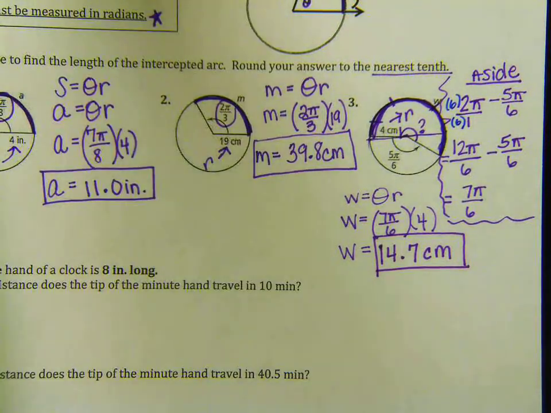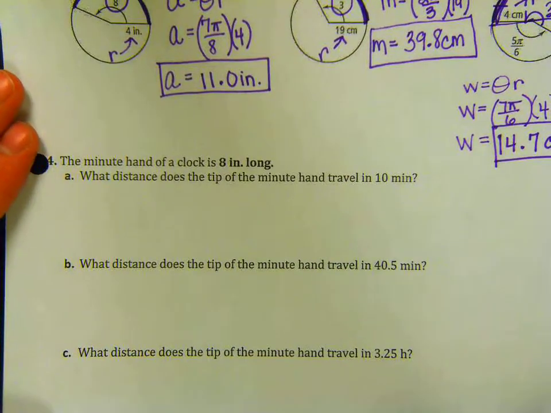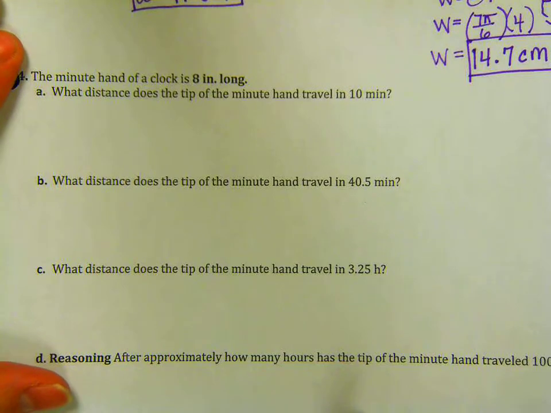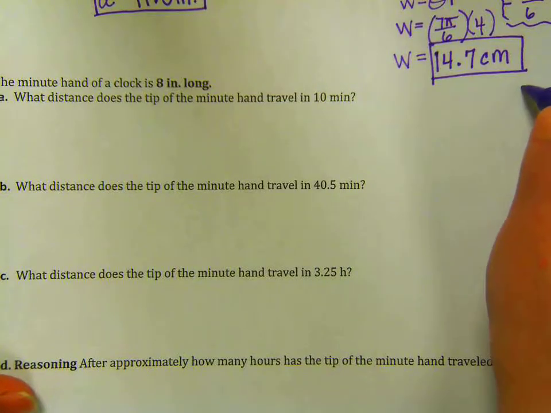So that's if they give you an actual circle. You can solve for it pretty simply. But in number 4, we have an application problem. Our first real application problem of this chapter, really. So let's move down and read what it's got to say. So the minute hand of a clock is 8 inches long. So really that means we have a circle,